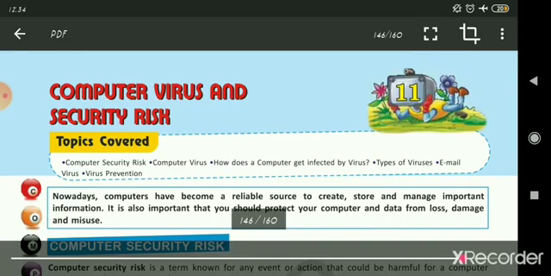The topics which are covered in this chapter are computer security risk, what are the risks regarding security of computer, and virus, the different types of virus which are coming from outside through emails, through different devices to your computer.